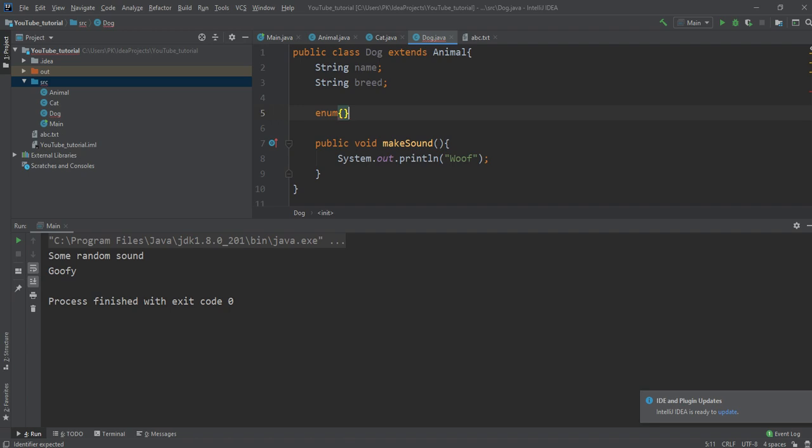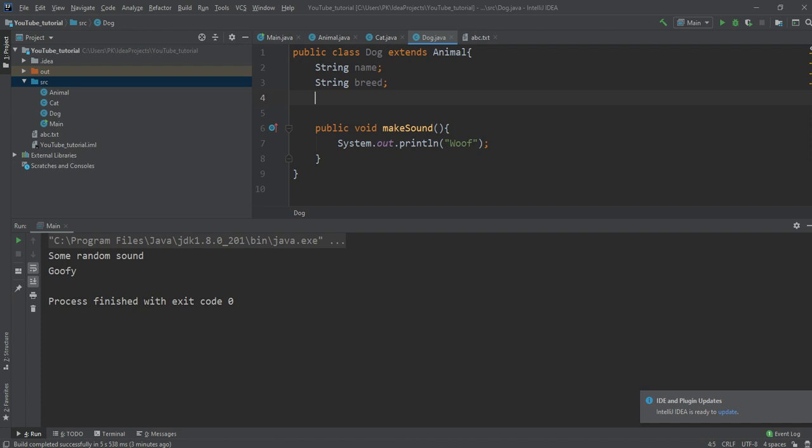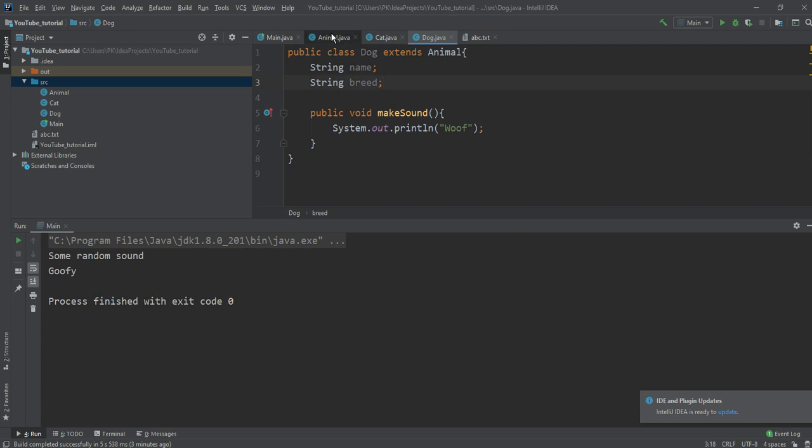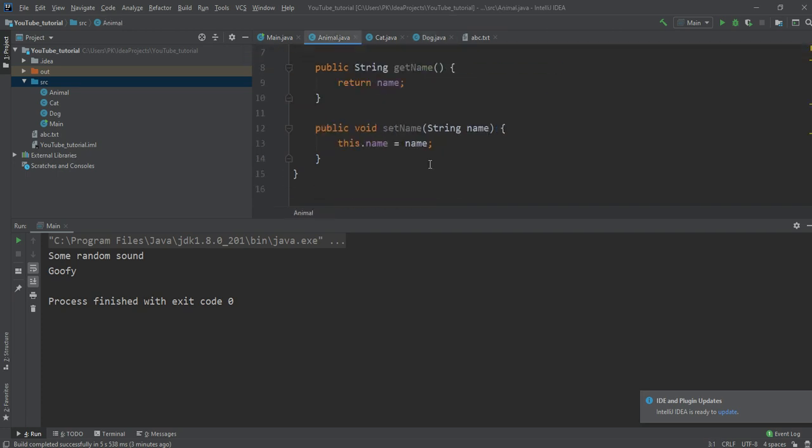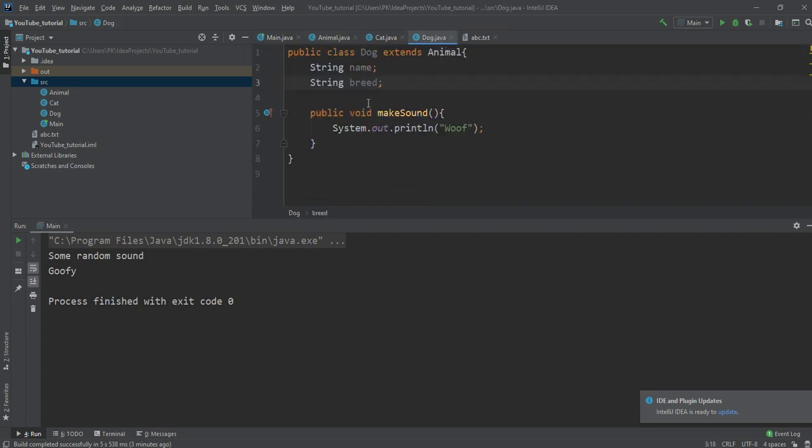Enum breed, if you wanted to, but I'm just gonna not do it. But that's another way you could use enums, if you wanted to have only a certain selection of breeds. And basically what I'm gonna do is create